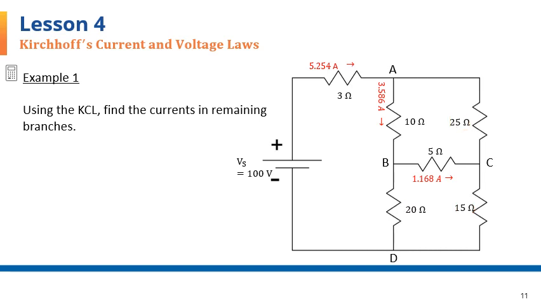Since node A over here has 3 branches connected to it, and the current of 2 of the branches are given, you can see the current in this branch moving toward A and the current in this branch flowing away from A. The KCL allows us to find the third current, which is the same one that goes through the 25 ohm resistor, the current in this branch. To find the current in the 25 ohm resistor, we write the KCL at node A, which says that the